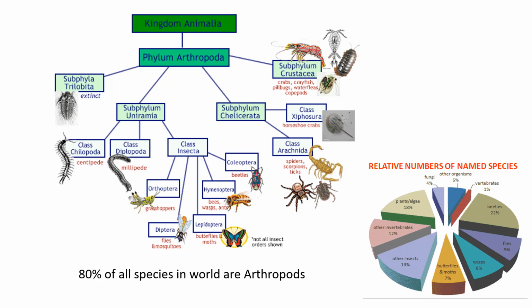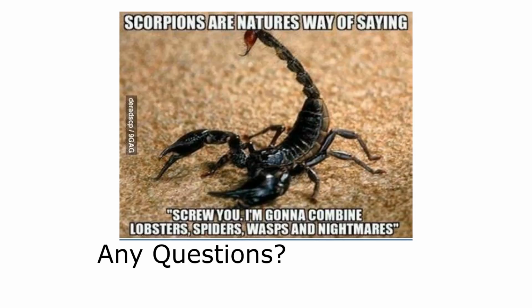So we're going to spend the next several lessons looking at what these physical, unchanging characteristics are that actually make up the phylum Arthropoda. All right, so that's where we're going to stop with this video. Next lecture, we're going to go over those physical, unchanging characteristics that make arthropods arthropods. Let me know if you have any questions.